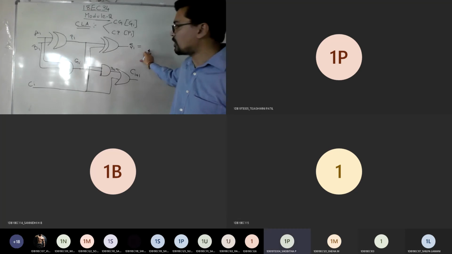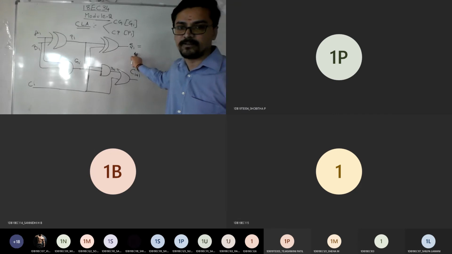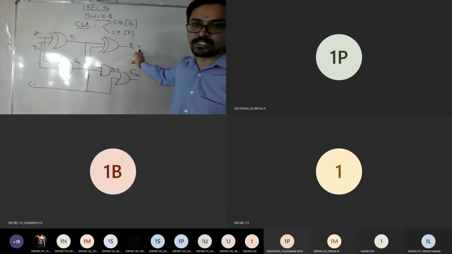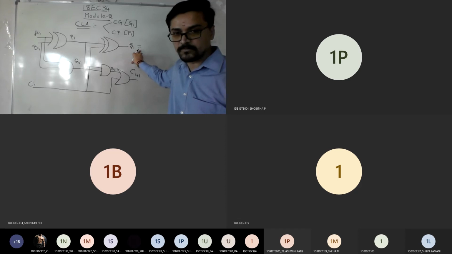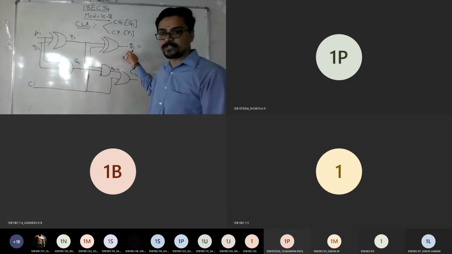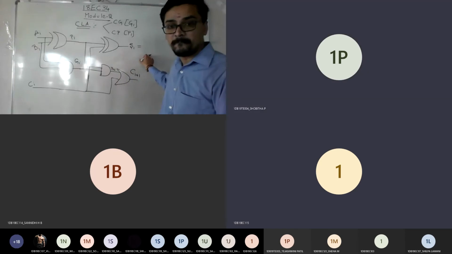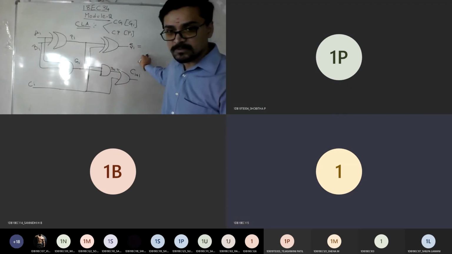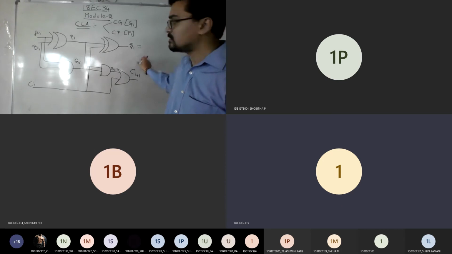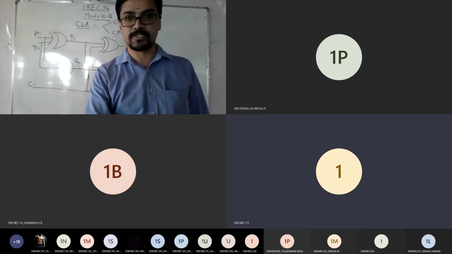Yes, sir. What is Si I am asking? Look at the diagram and tell me what is the expression for Si. You can see what connections are there. What is the output from here?